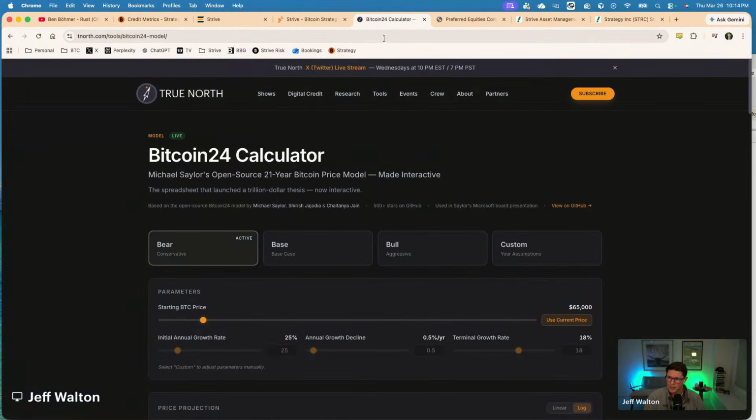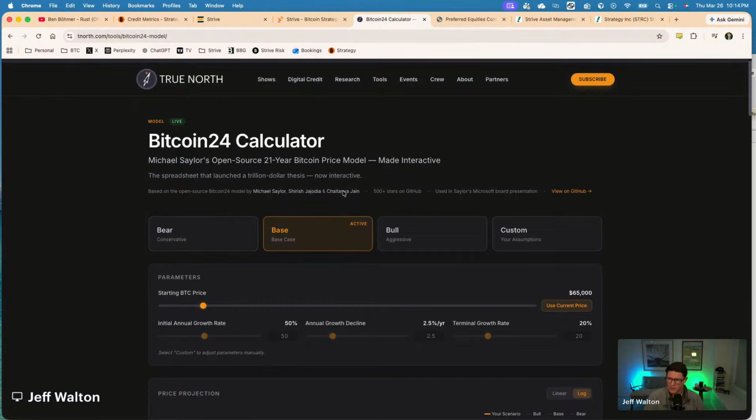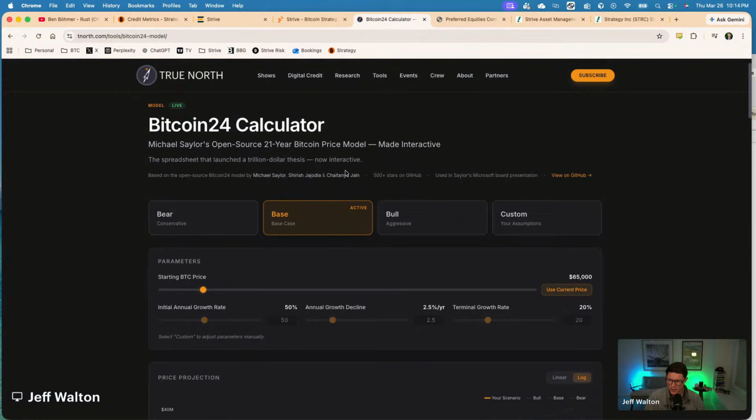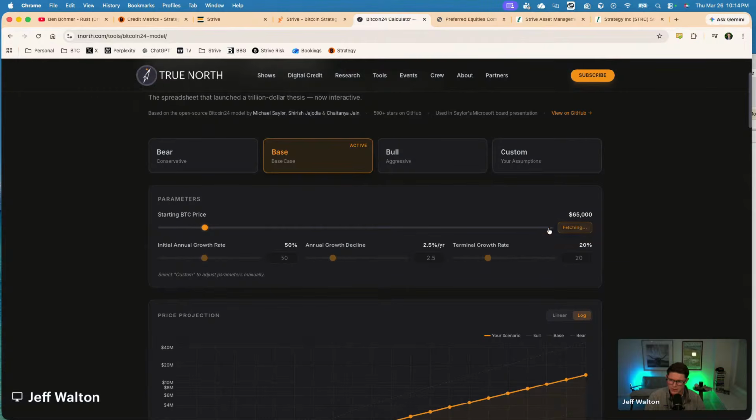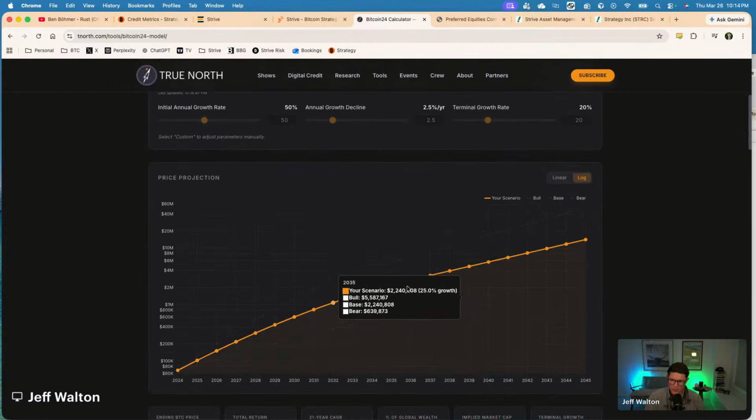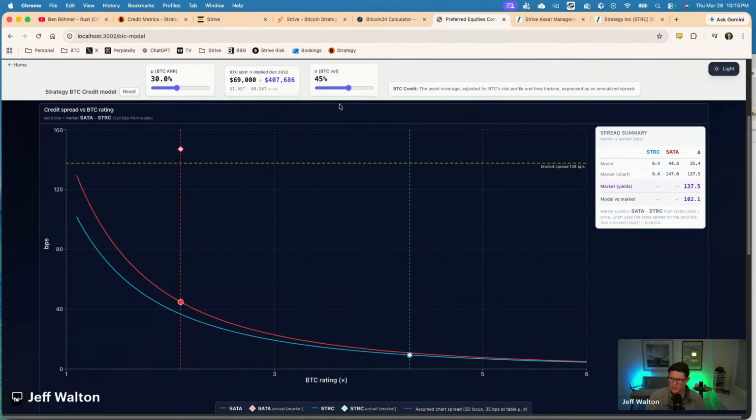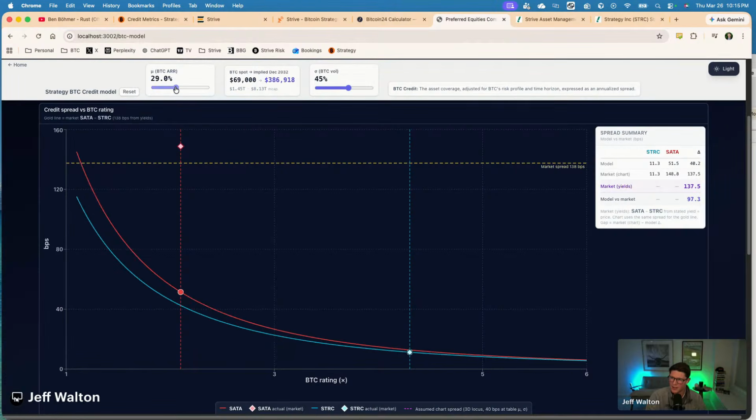And just for perspective, this is Michael Saylor's Bitcoin 2024 calculator, which is the open source model that they created, where you could look at the current Bitcoin price and Saylor's projections of Bitcoin price over time, which is a diminishing ARR into the future. But based on this assumption, Saylor from here to 2032 has a bear scenario of Bitcoin being at $365,000. What does that look like relative to our model? That's around a